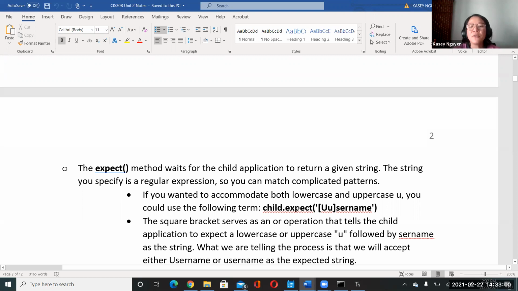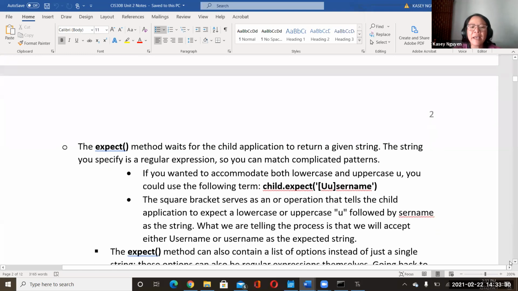So we would expect different scenarios in how the string is used. And once it finds it, we can use a method like send or sendline to plug in the string that we want, like a default password, which is not recommended in a security scenario, but administrators still use it.